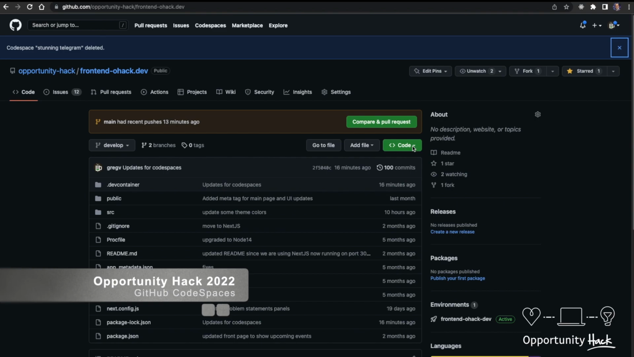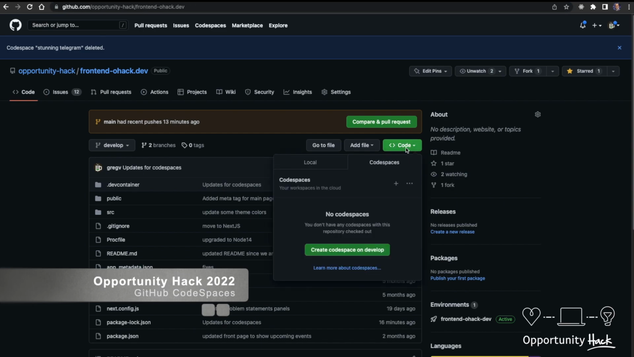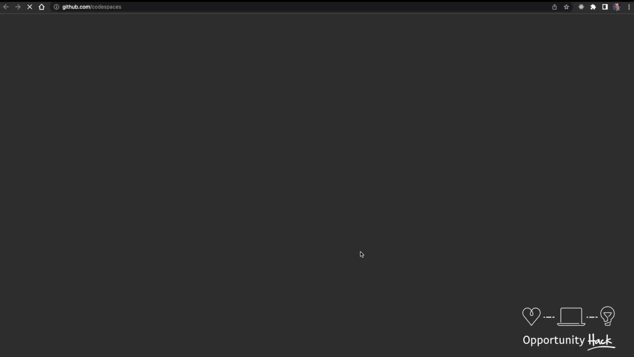So to do that, you go to our front end code. This is frontend ohack.dev. I'm going to click on the code dropdown, and then click on create codespace on develop. I'm going to have to wait a little while here because now what it's going to do is start to